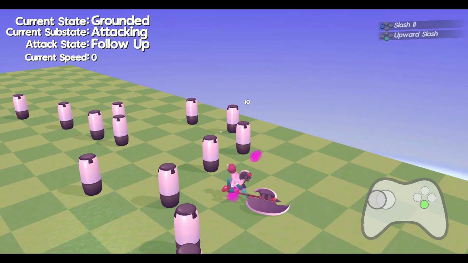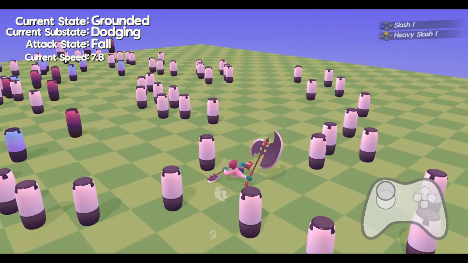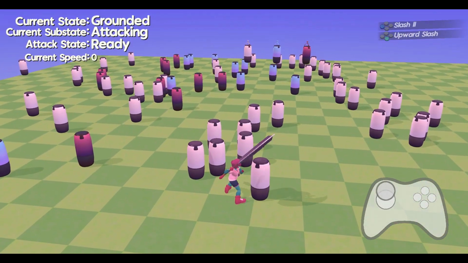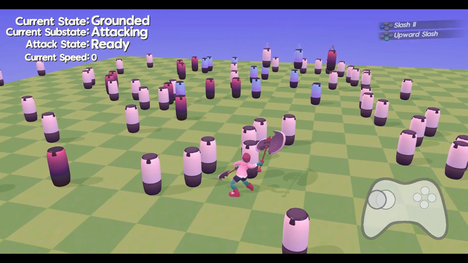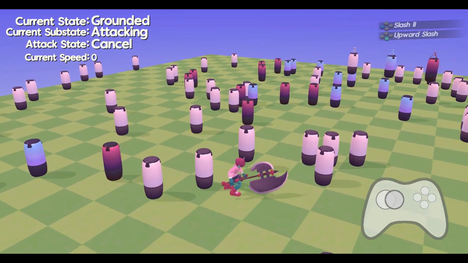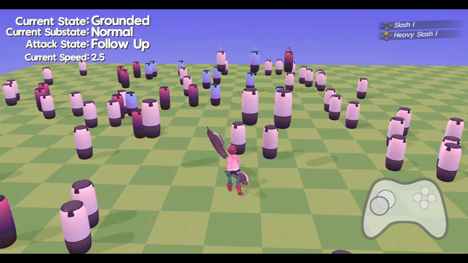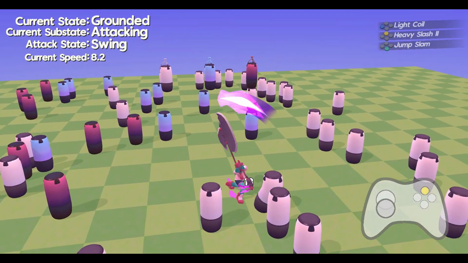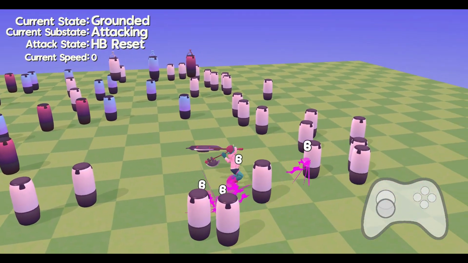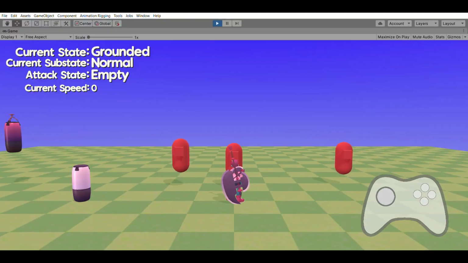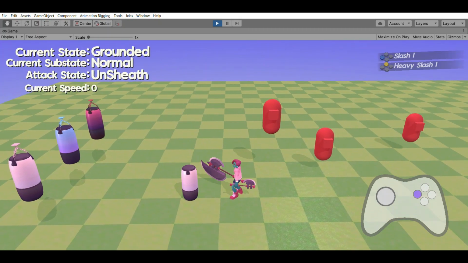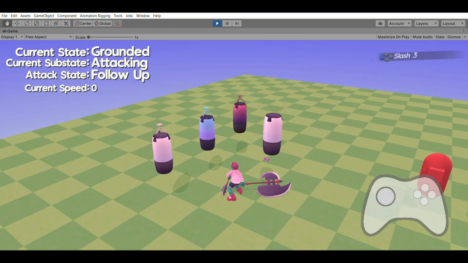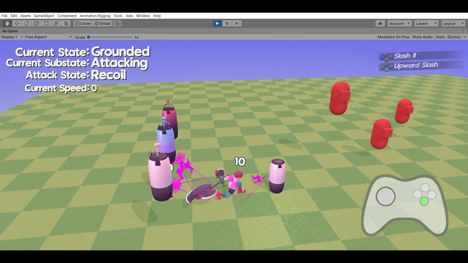The way weapon trails worked before was that it was a line particle renderer parented to the weapon, so as you swung it would create a trail system based on the weapon's arc animation wise. I changed it so it would be a bit more fluid and look like a slash, because when you have a trail parented to a weapon, sometimes they can have very awkward straight lines at very quick animations. So if it's just a particle effect in engine, in space, not tied to the weapon, it can look a whole lot more dynamic. So these are just slashes that are being created in front of the player as they swing their weapon.